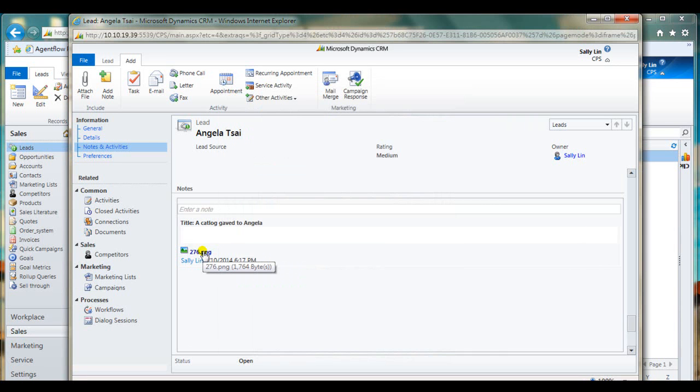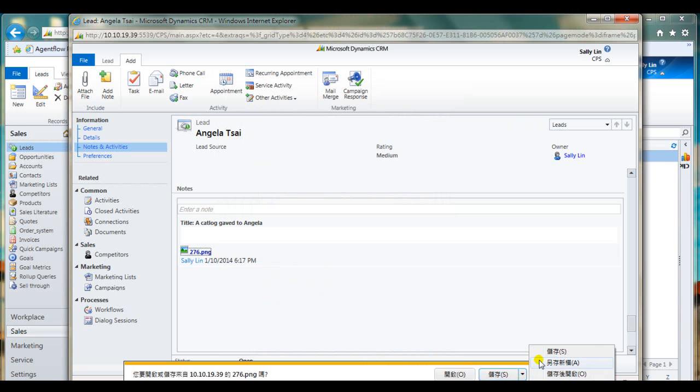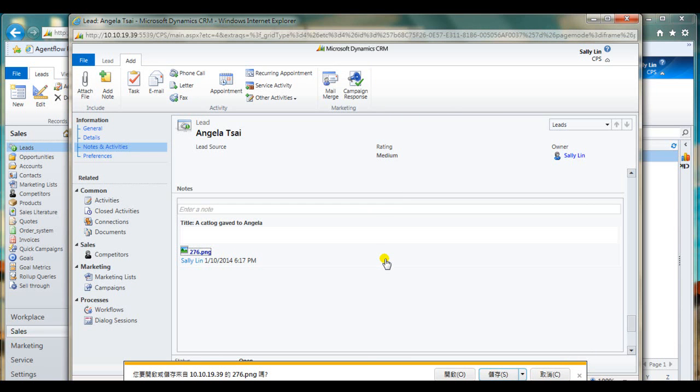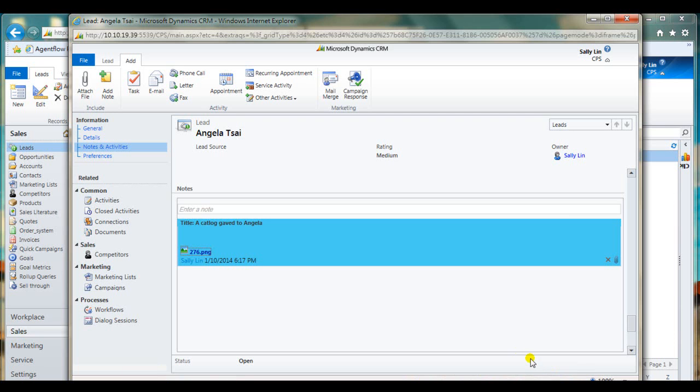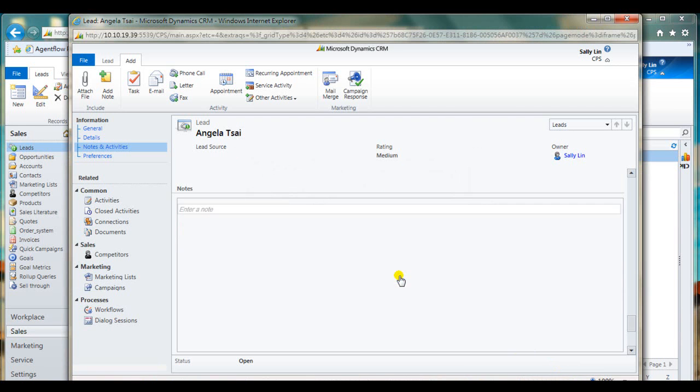If you click on the attached file, it saves a copy of the attached file with a new name. If you want to delete this note, use this button. Now we know how to edit notes.